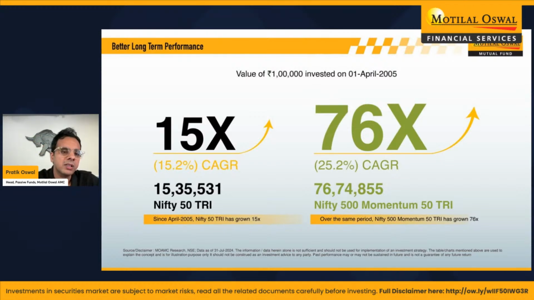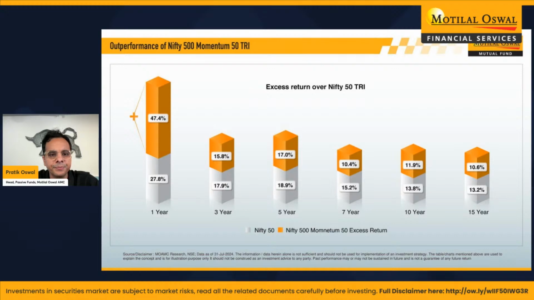Most people understand a 10% outperformance, but how does it relate to compounding? What we've seen is that if you'd invested 1 lakh into the Nifty, it would have been about 15 lakhs, which is still very good. But if you invested 1 lakh in this index in 2005, it would have been about 76.5 lakhs. So very, very stark differences. Just 10% is a big number, but you can see how it relates to the sort of appreciation that you can expect in this particular investing style.